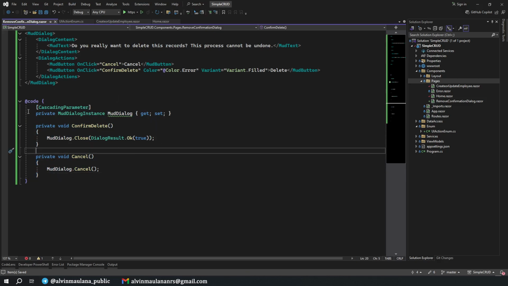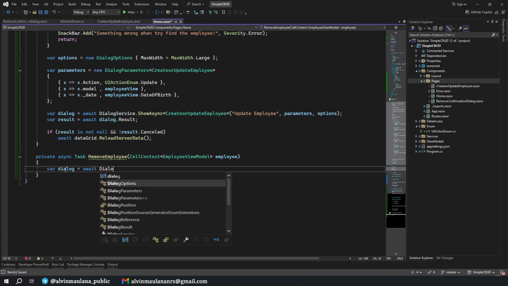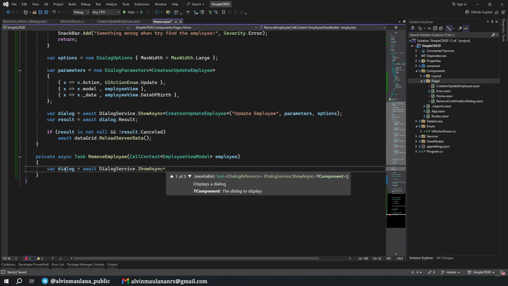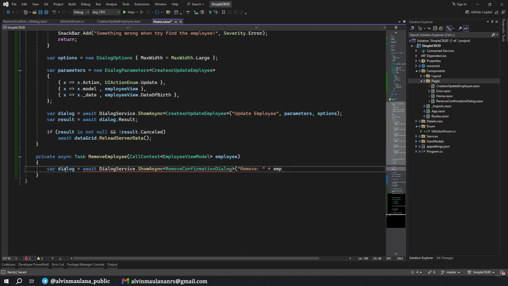And now we can call this dialog whenever we want to delete the employee. We go to the home page, the employee list, and then var dialog = await DialogService.ShowAsync of RemoveConfirmationDialog, and then we set the remove employee, what is it? The employee item's full name.